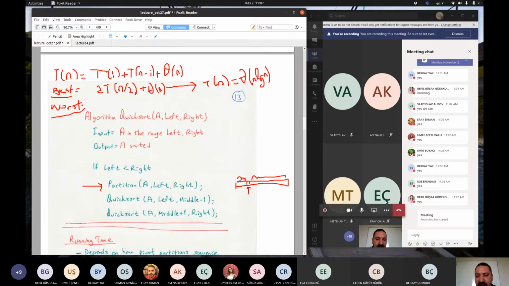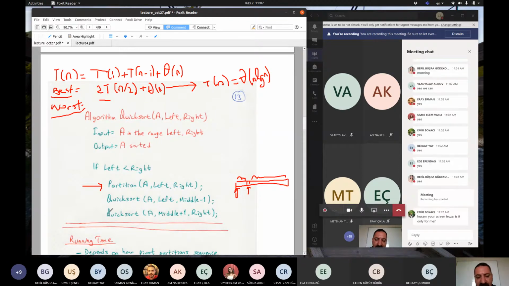In the extreme case, the pivot element might be the smallest element so that it ends up at the leftmost index, or in the other case, it might end up at the right end as well. In either case, one of the recursive quicksort calls will only work on a single element, so this will be constant time. But the other one, the second recursive call,